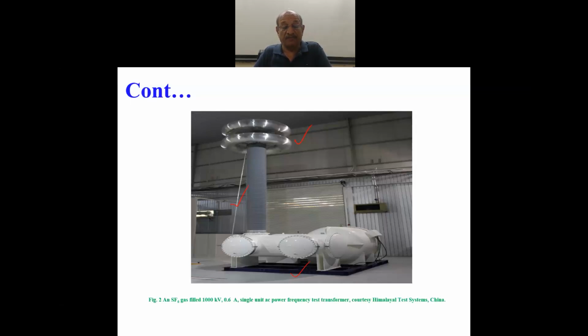For example, for testing any equipment with a rating of 800 kV line to line voltage, the testing of a single phase winding of an 800 kV transformer would be at